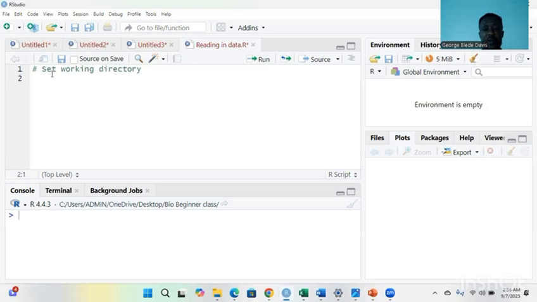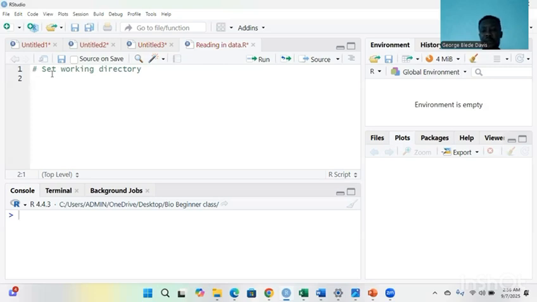So, to read in our data, we have to save it in a format. Aura has different formats you can use to read data. You can read your data in as CSV, as Excel, or as DTA. For beginners, more often we like to read in our data as CSV. You save your file as CSV and you read it in.